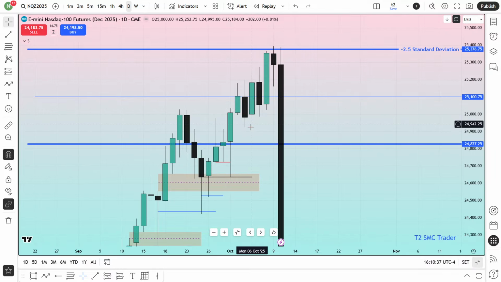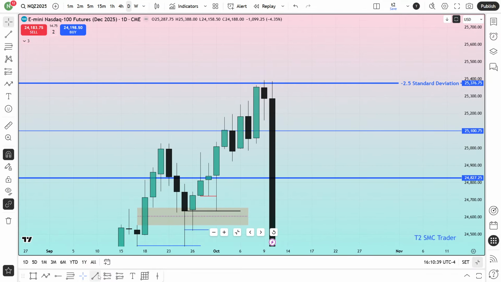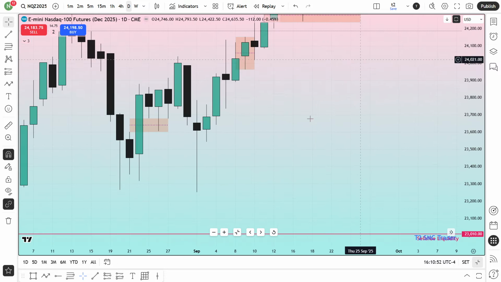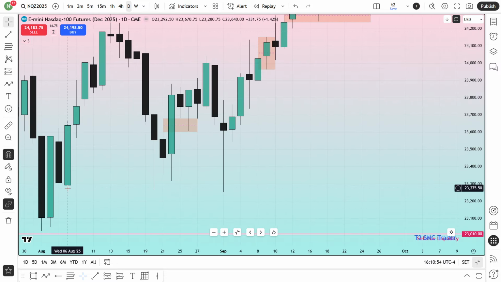While it has closed over here, what it has done, it has built the buy side liquidity. Now look, this high and that high, they are the relatively equal highs. These relatively equal highs have been cleared over here by a shallow run. So previously I have shown you the shallow run. Remember here, this low has been taken over here by a shallow run. Nobody has closed below this low. Again, this low has been taken over here by another shallow run.